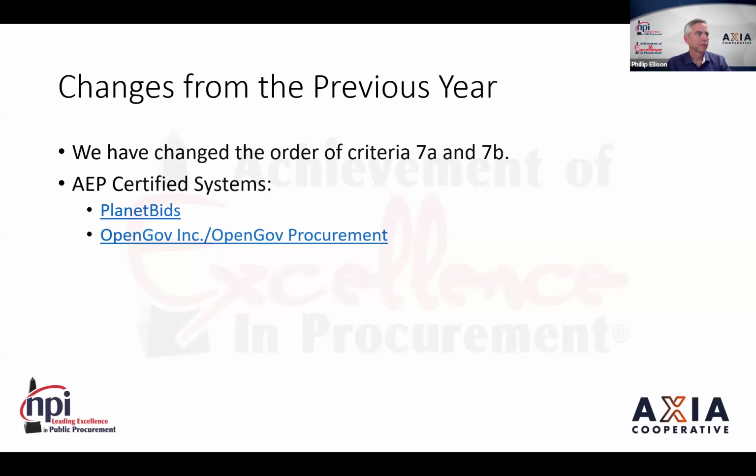Right. And the other change, and this is the more major thing, probably what people are most excited about, is the AEP certified systems. Criteria 7 was lucky enough to get to be the first ones through the door on this, and we're excited because it's going to make the evaluation process much easier and smoother, quicker. And submittal process. Yeah, and submittal. Yeah, absolutely. So we have 2 systems that certified this year, Planet Bids and OpenGov. So if you utilize those systems in their entirety, you can,